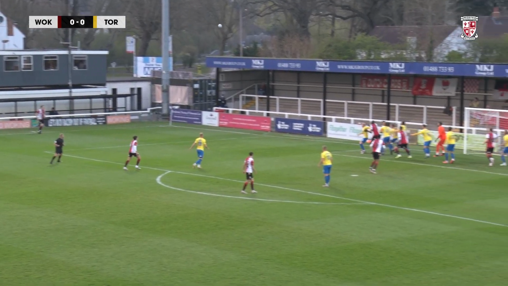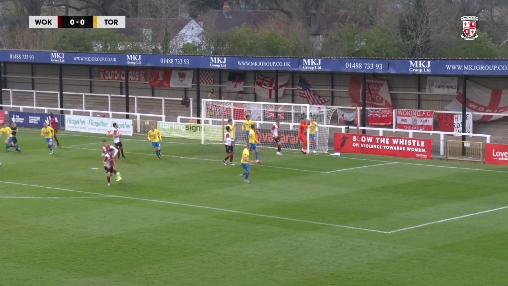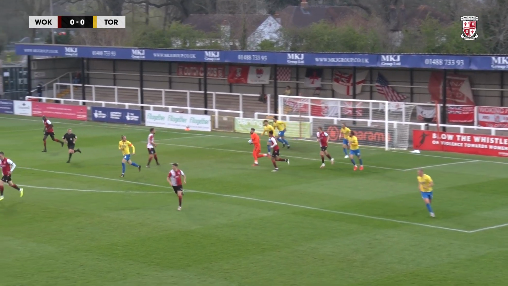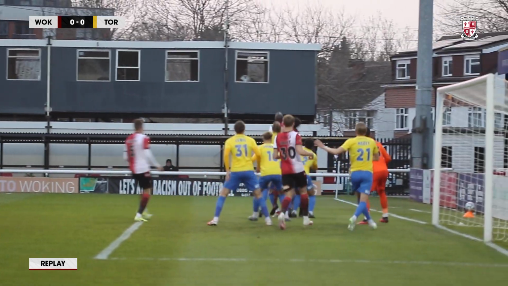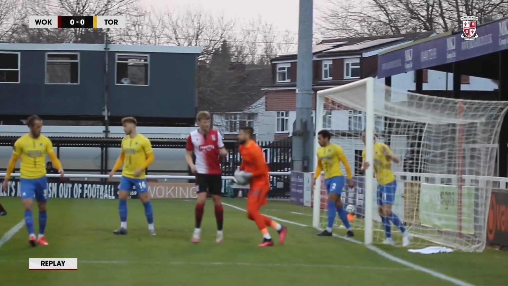Jack Cook with a long throw, looking for Moussa Diarra, who gets a crucial flick on. There's Lofthouse, and it's easy for Lucas Coverland in the Torquay United goal. Couldn't quite get any power on it, could he? It was just, he had 2 or 3 people around him, but